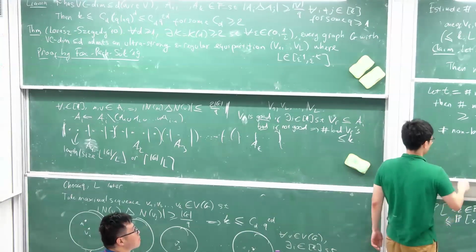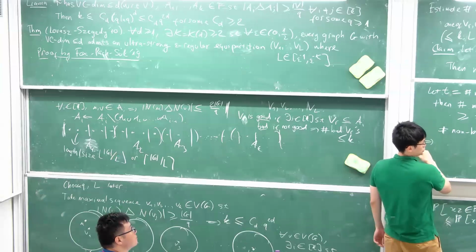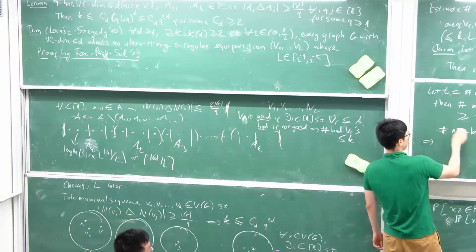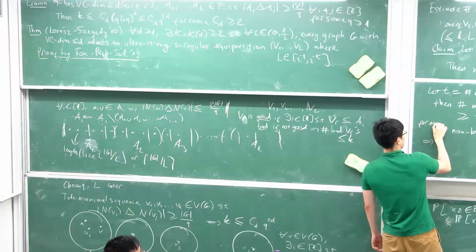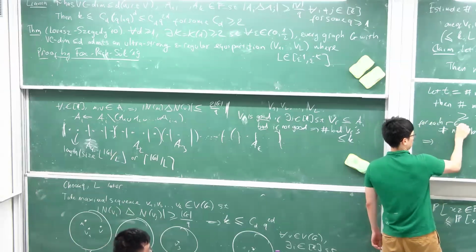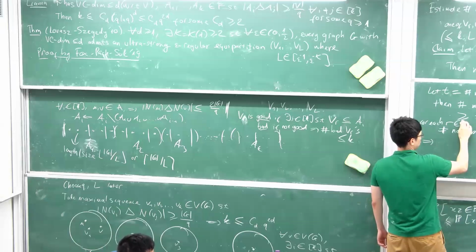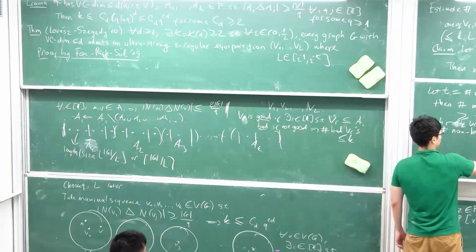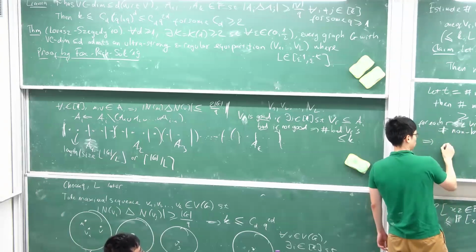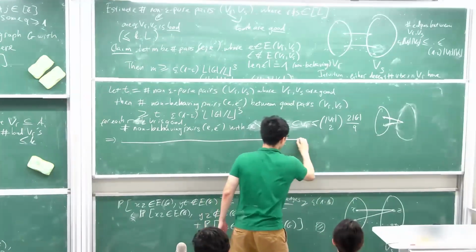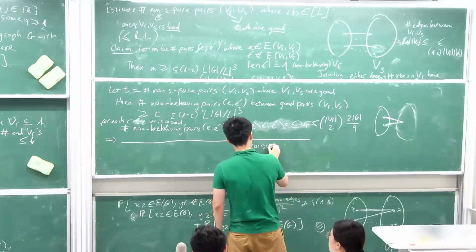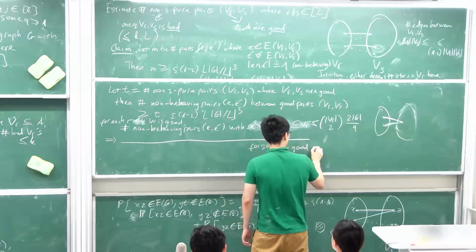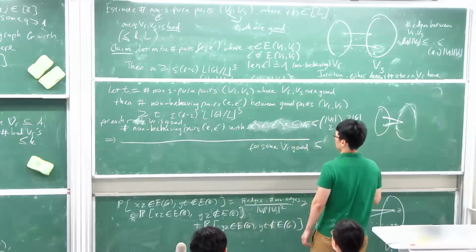So from this we deduce that this is for every R. So for each R, the number of total pairs for some R we are good. This is going to be now at most